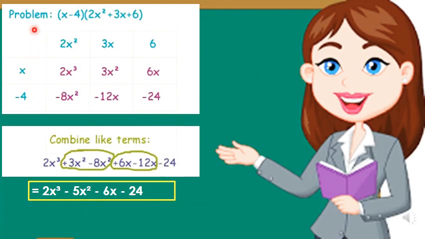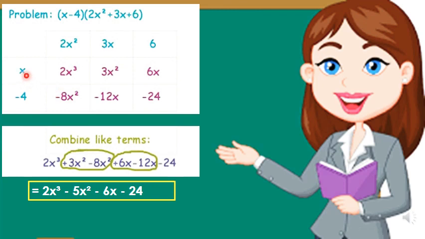You can multiply a binomial with a trinomial using the box method like this. You already studied this, isn't it? You were drawing only 2 columns and 2 rows in case of binomial with binomial. Here we have 3 terms, isn't it? So we will be drawing 3 columns. So on these 3 columns, above we will be writing the 3 terms of the trinomial and downwards we will be writing the binomial, that is x minus 4.